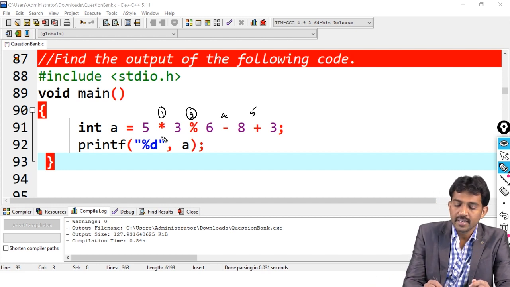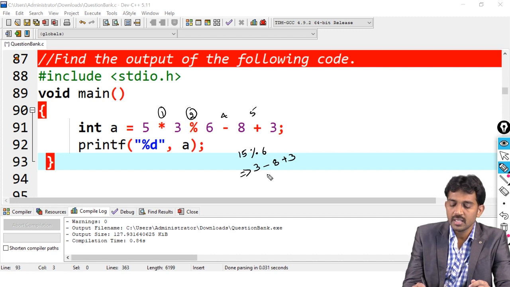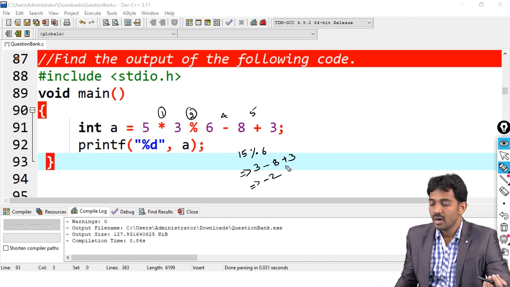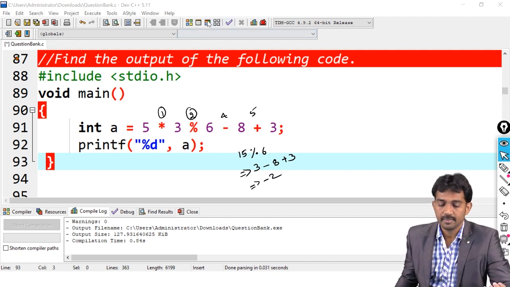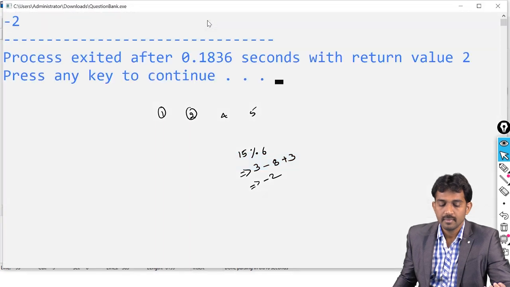If you apply, 5 into 3 is the first operation, 15, right? 15 modulo division 6 gives 3 as the output. Then 3 minus 8 plus 3 gives minus 2. Let us see whether we are getting the right answer or not. Exactly, we got minus 2 only.